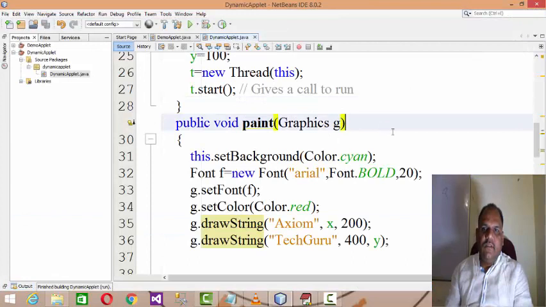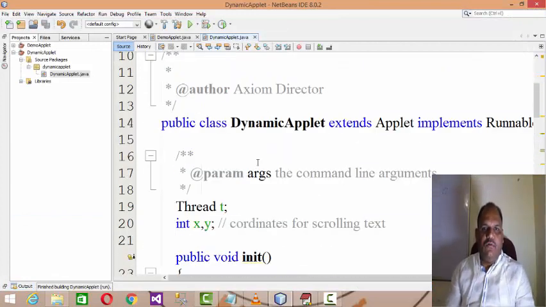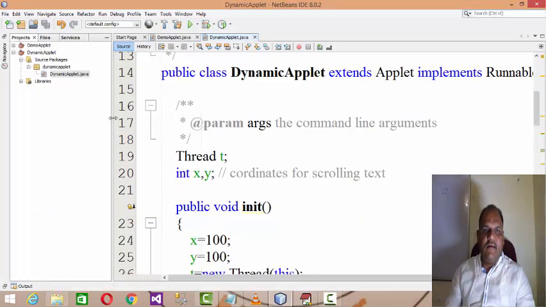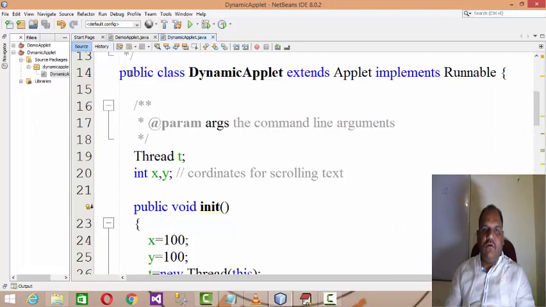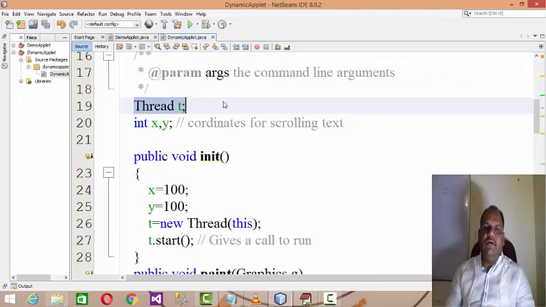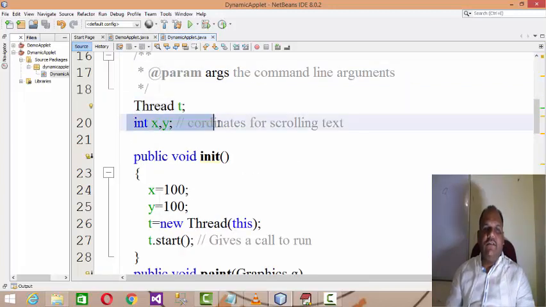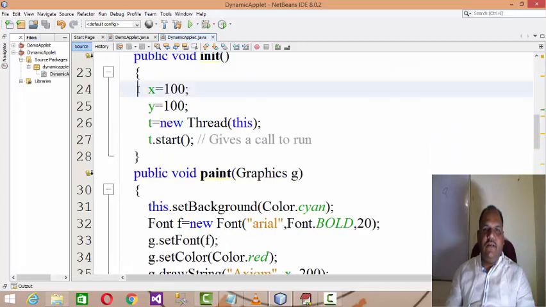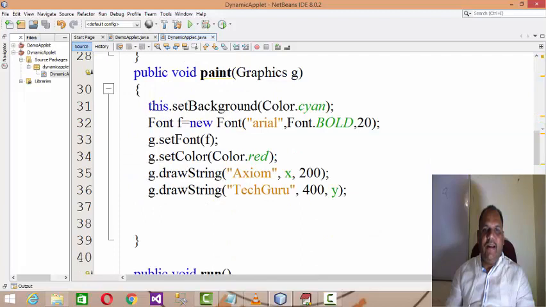So again we'll switch back to the code. What I did, I developed a project called dynamic applet, which extends Applet and implements Runnable. I'm having a thread and dynamic x, y. Here I initialize the coordinates of x and y, the thread, and start it, and I'm having the paint logic. Let us say if you want to